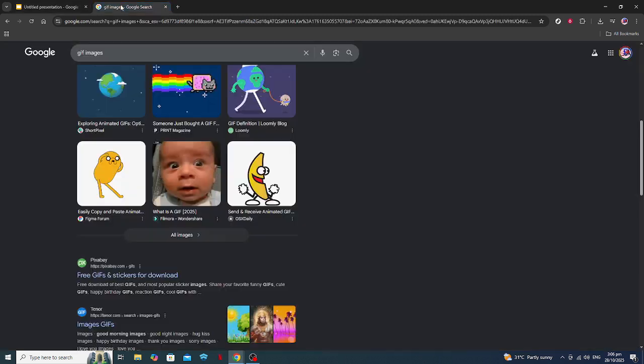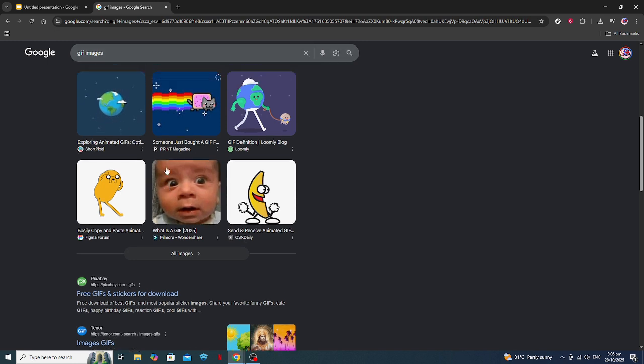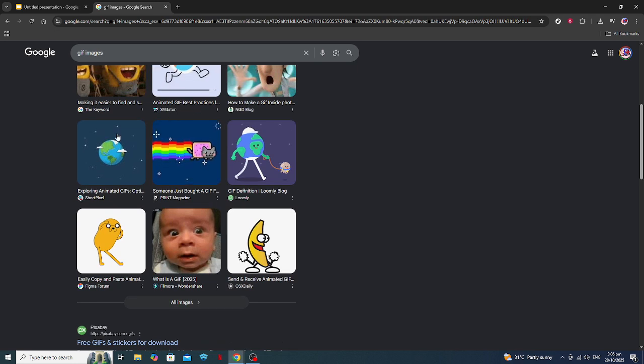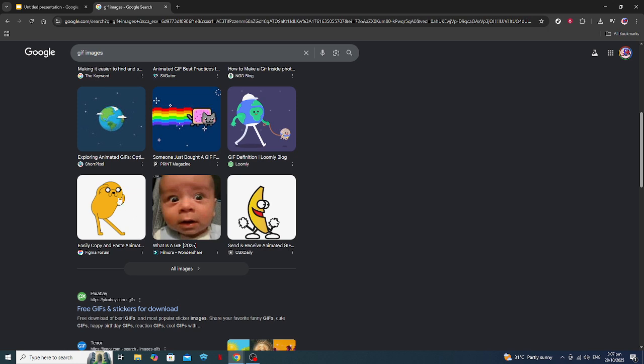You can search for a GIF directly from Google by opening another tab in your browser and typing in your search query. For example, you might search for funny cat GIF if you're going for a light-hearted touch. When the search results appear, switch to the Images tab to see the GIFs available. Make sure it's labeled as a GIF by verifying with the search tools or simply checking the properties of the